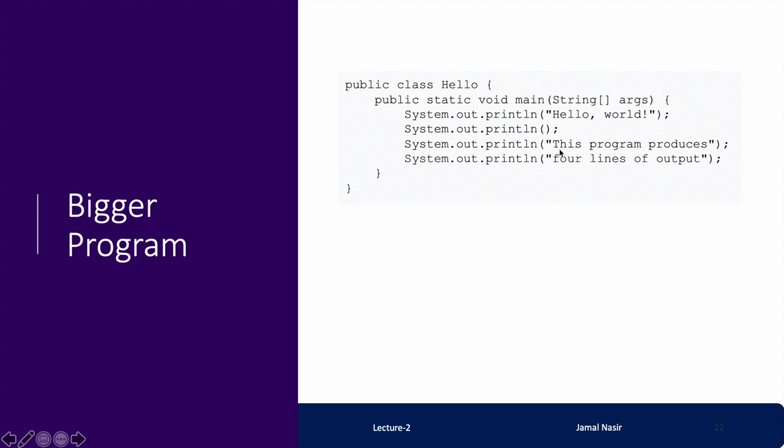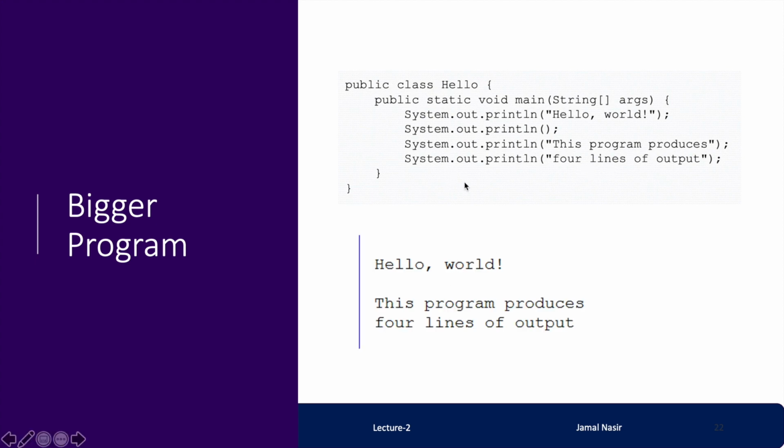Then the second line, the third line, and the fourth line, so this program will produce 4 lines of output. When we execute this program, we will get hello world. This program produces 4 lines of output, right?